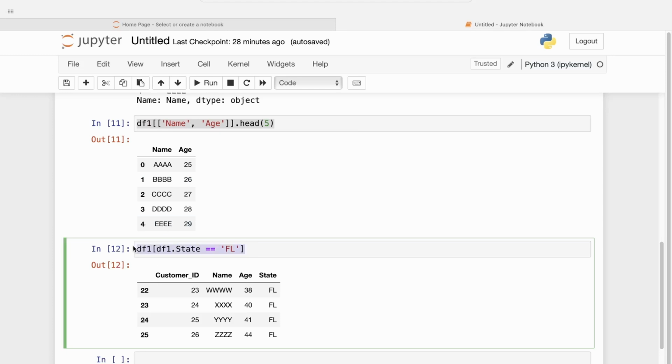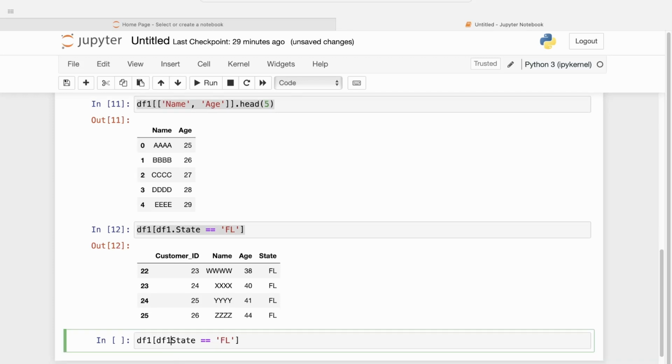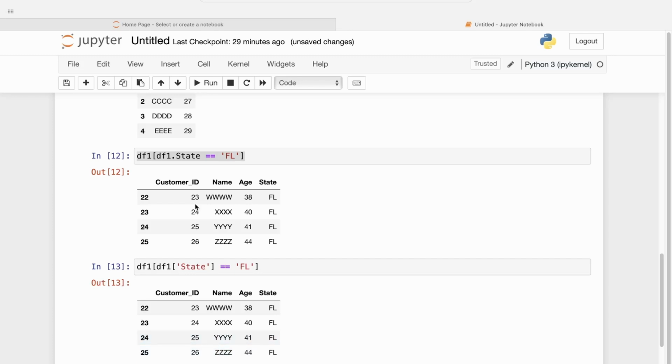I'm going to go ahead and copy this code. Now, rather than writing df1.state, I'll go ahead and add a big bracket, and then I'm going to go ahead and add a single quote, close this bracket, and this will give me the exactly same result. Now you can see that you have the same output because essentially we are doing the same thing. First of all, we are referencing the variable, which is state, and that's within this data frame called df1. So once we are putting the filter, we are asking the system that get me all the entries for the